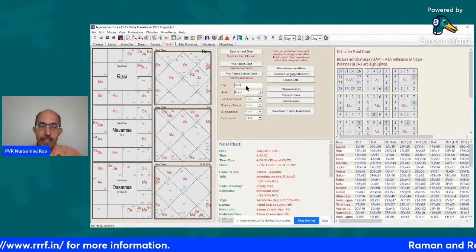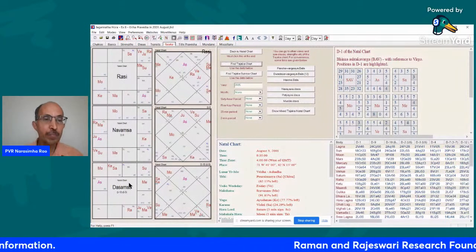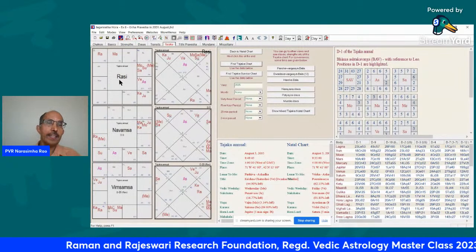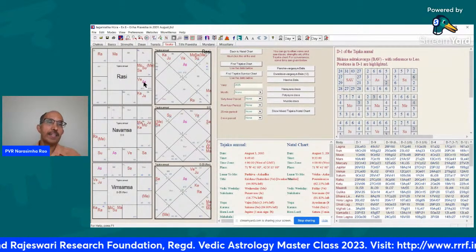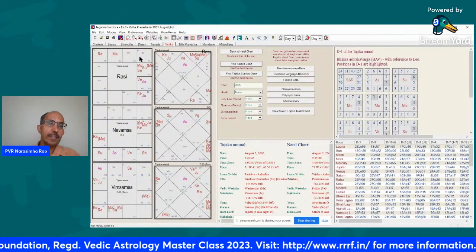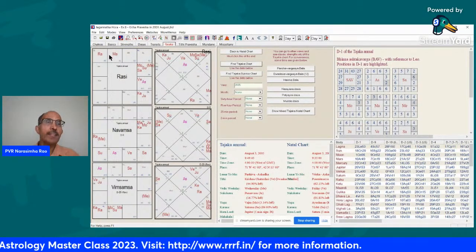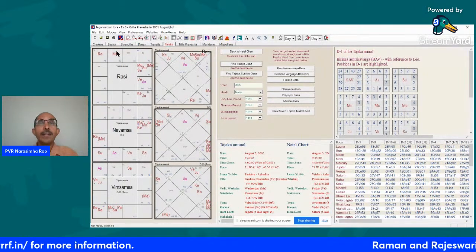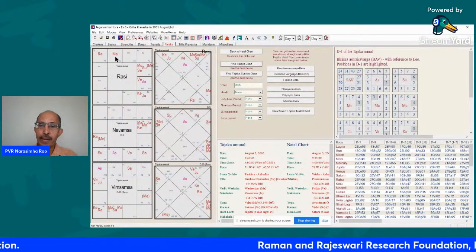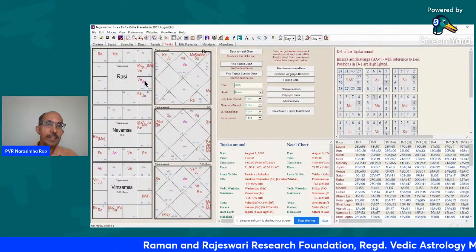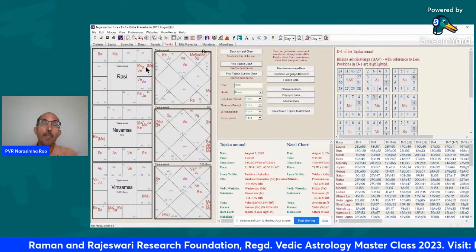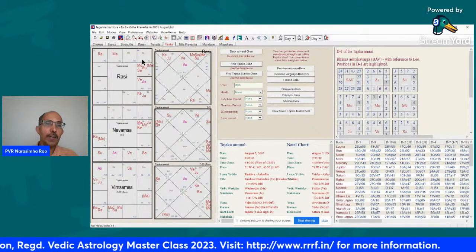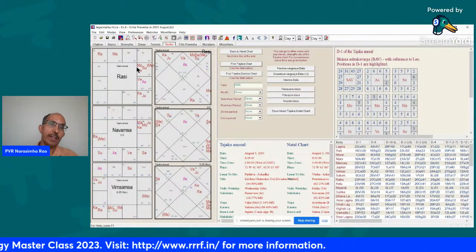So first let us look at the Tajika chart of 2005. So let us look at the Rasi chart. You see that the Lagna Lord, the ninth Lord Mars is in Mulatrikona in the ninth house. So it is basically good for dharma. During that year in that house, a lot of dharma will happen, and the Lagna Lord Sun is in the 12th house of moksha, spirituality, etc. He's with the 12th Lord Moon. So basically, it can show a lot of spiritual activities during the year.